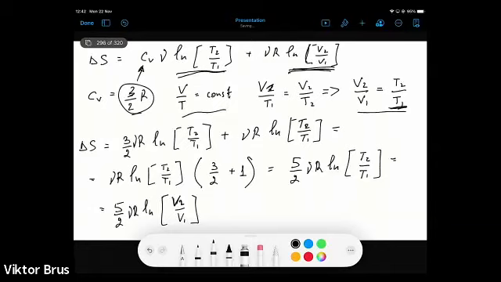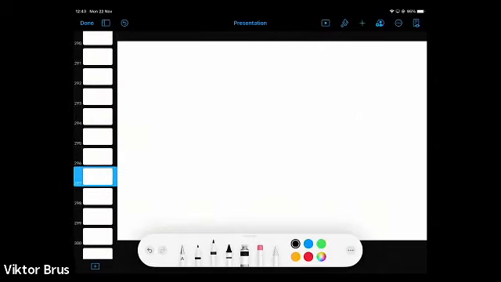Since both are changing, because during isobaric process, we have a change of internal energy. We have heat, like energy transfer through the interface of the system in form of heat, and also some work done because volume is not remaining constant. So that is what we need to know about change of entropy during isobaric process. However, there are other processes and we need to consider them also.